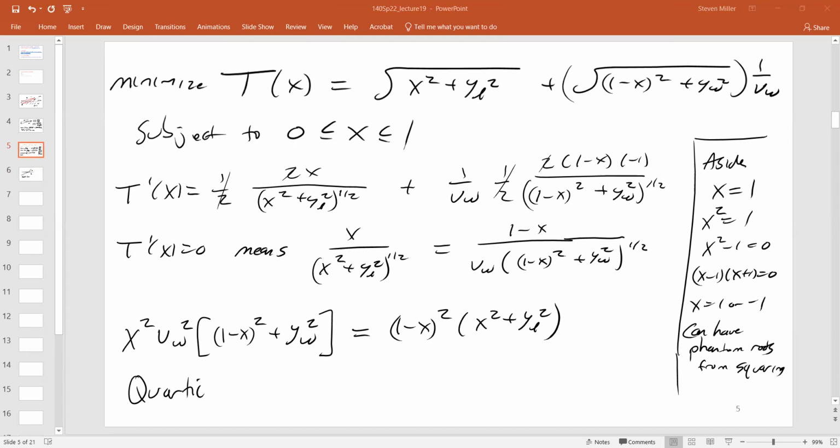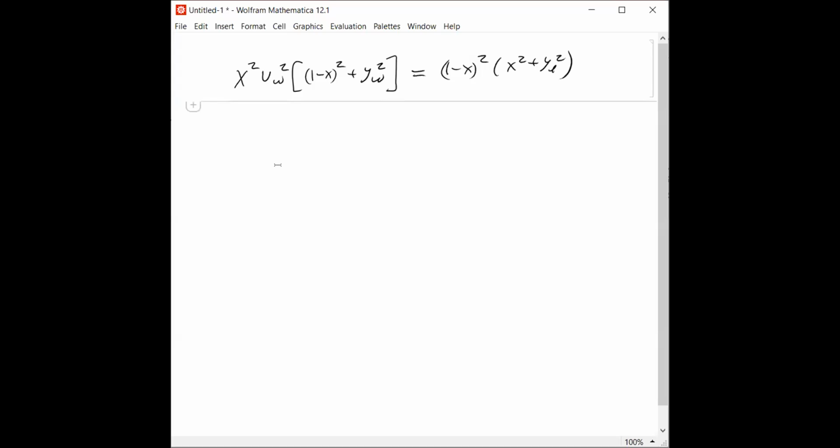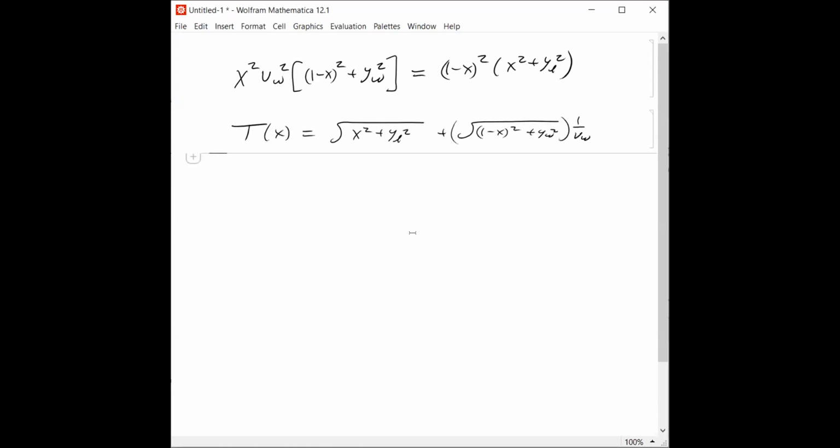So what I want to do now is, this is the 21st century, right? We should be doing things not on your pen and paper, but we should actually be using the computer to do things. And so what I want to do is, here are the two different functions, the time function and the equation we need to solve to find the critical time. So let's create a function. So t of